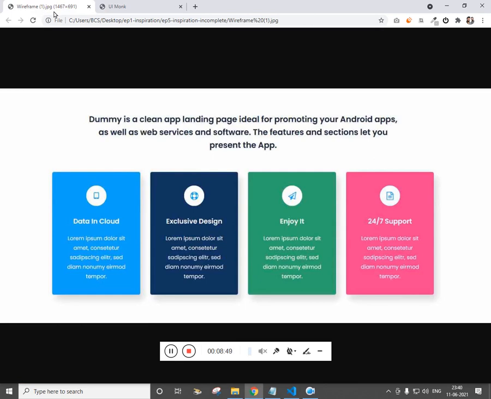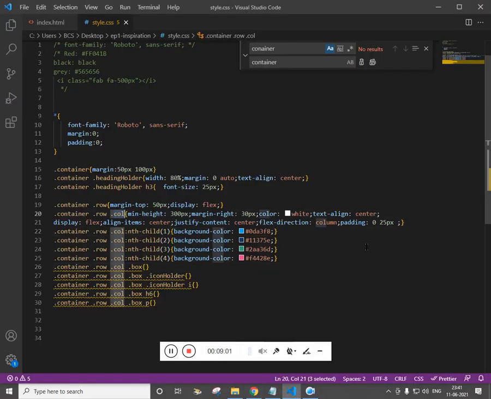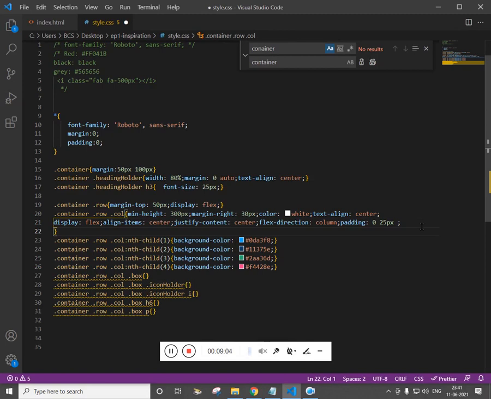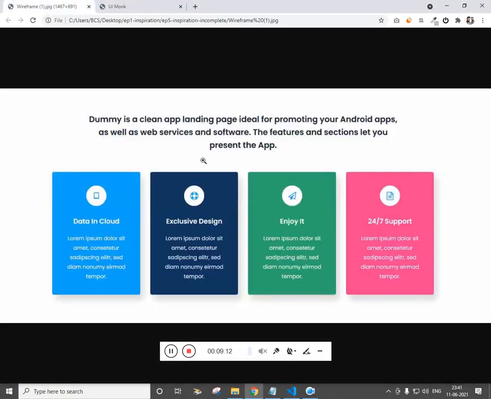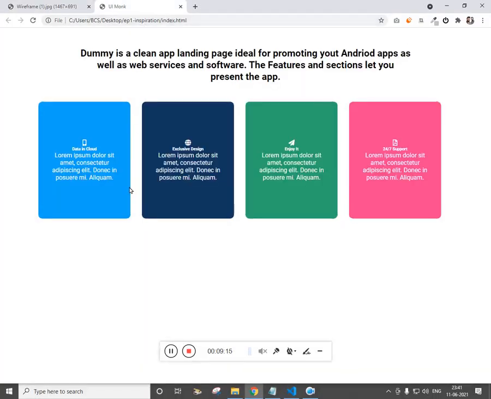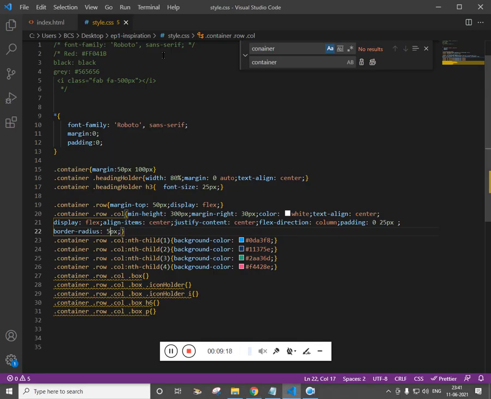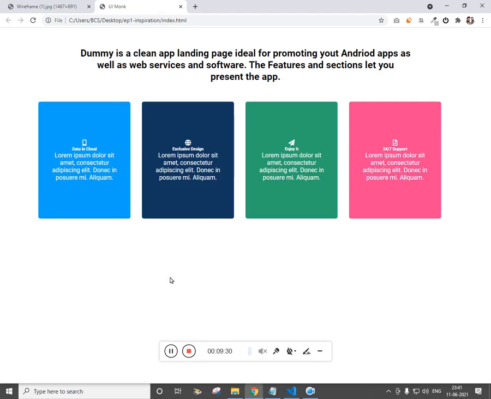I think the box is not needed. Fine. Now we'll just work on the column itself. We need a box shadow, so let's make a border radius 20 pixels, just to give a soft edge. Too much soft, let's make this 10, or let's make this 5 and check. Cool. Now we want 1 pixel top and bottom, 1 pixel left and right, 1 pixel blur, and then black. Refresh it.